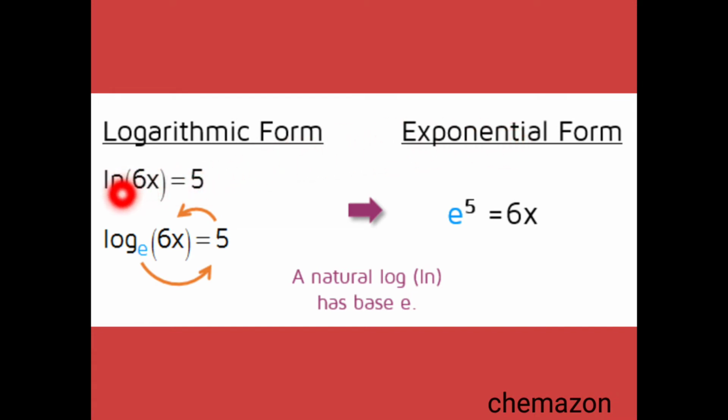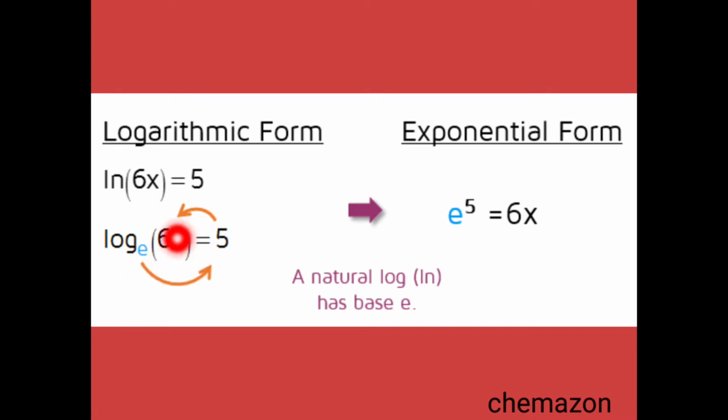Here you can see ln 6x is equal to 5. Whenever you see ln, it means that the base is e. What is e? E is nothing but a numerical value. So how do you convert logarithmic form to exponential form? It's a very simple trick. Here it should be ln, base e, of 6x is equal to 5. What you do is, you bring this subscript of log, that is e, to the right hand side,